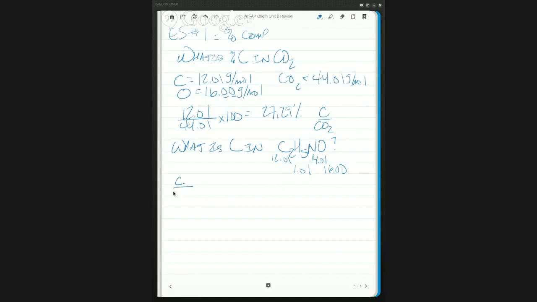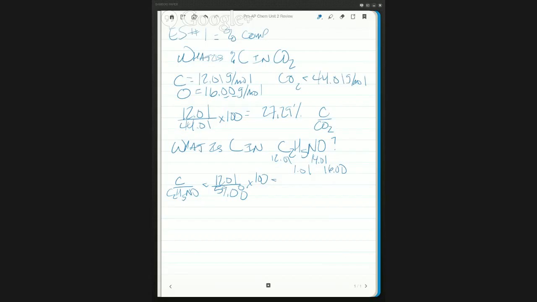So C out of C2H5NO is equal to 12.01 divided by, and let's add those together. 2 carbons, 12.01 times 2, plus 1.01 times 5, plus 14.01, plus 16.00. And if I did my math correctly, I would have 59.08 on the bottom. Oops. And I shouldn't have written equals. I should have written times 100 is equal to, so 12.01 divided by 59.08 and times 100 gives me